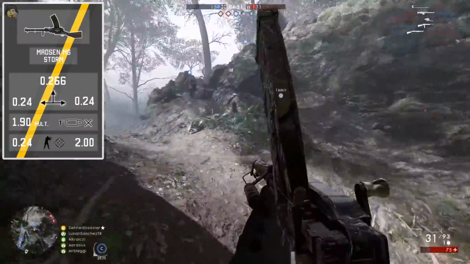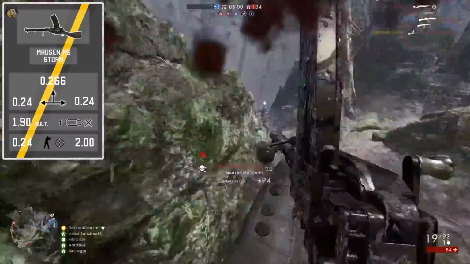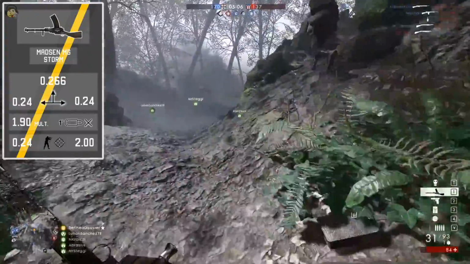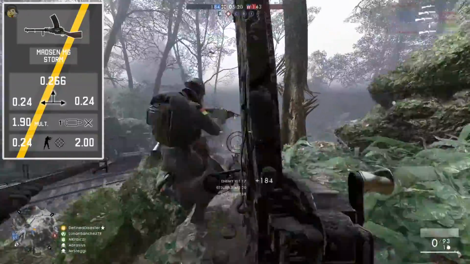It's got a vertical recoil of 0.266 and recoil to the left and right, that is horizontal, of 0.24. Its first shot recoil multiplier of 1.9 is noticeable, nevertheless definitely easily manageable given that your base vertical recoil is low in the first place. The accuracy of the weapon in question here is standard for an LMG with an ADS,